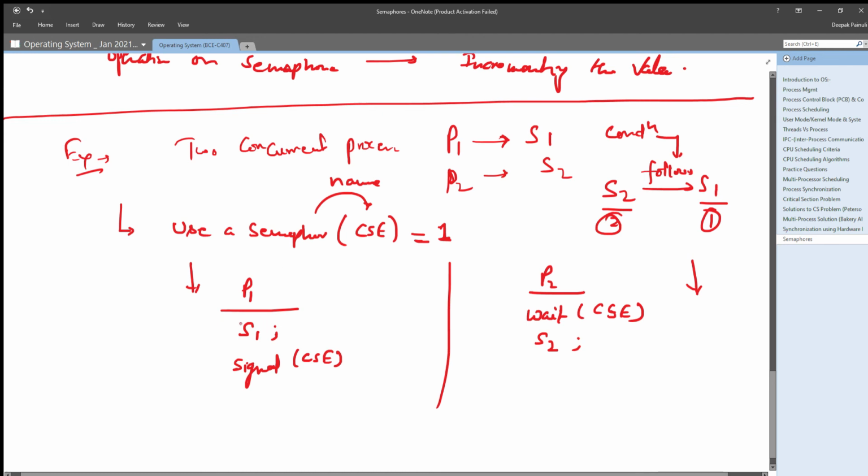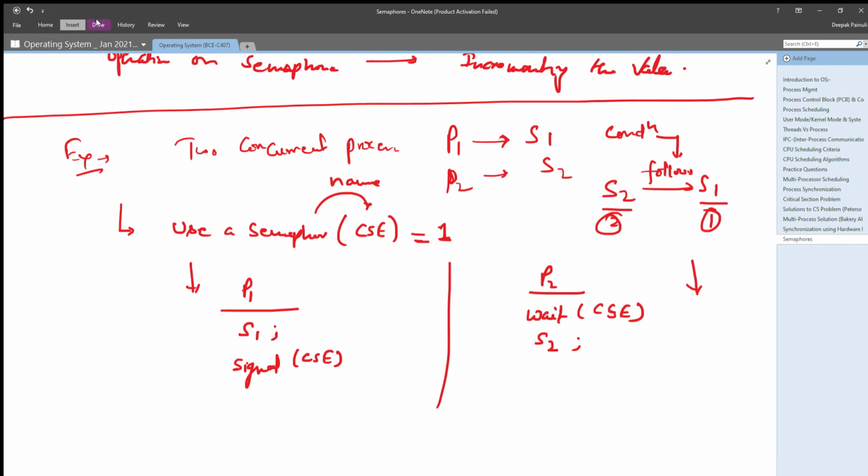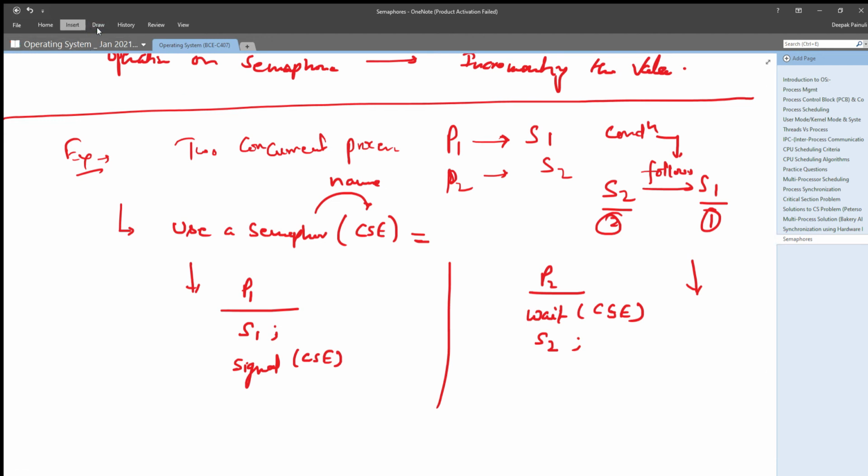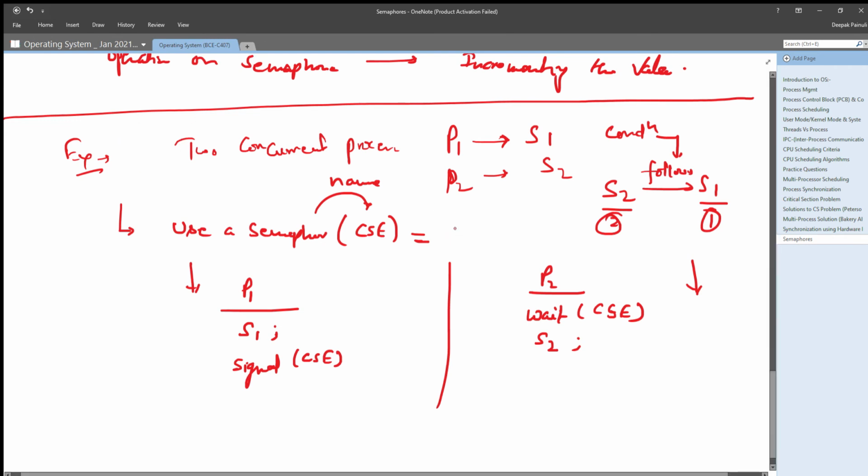Obviously S1 will be executed first, right? Sorry, we will initialize our semaphore with 0. For this condition we will initialize our semaphore with the value 0, then only it will work.